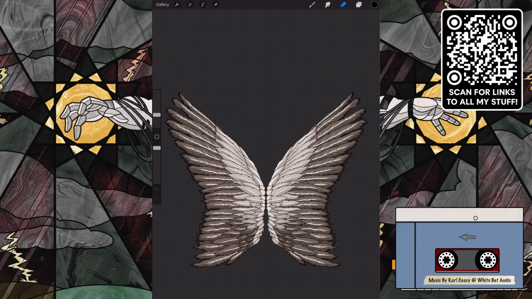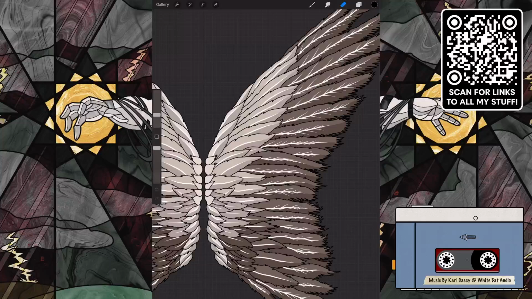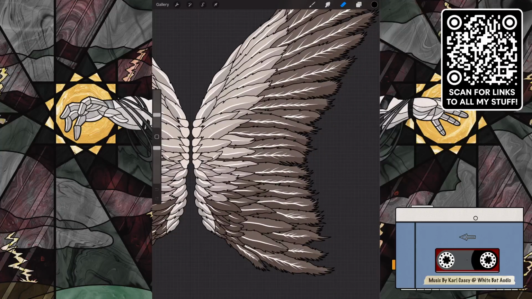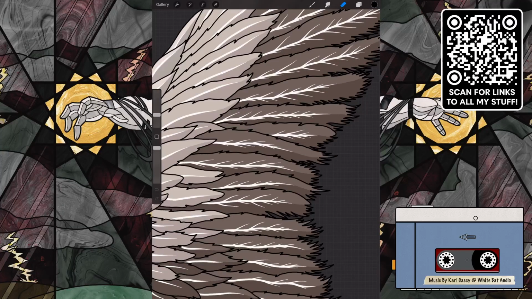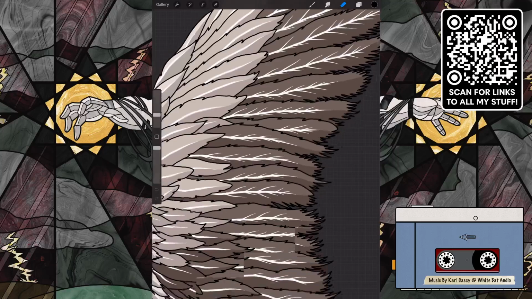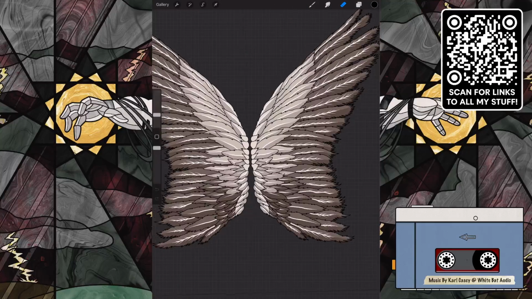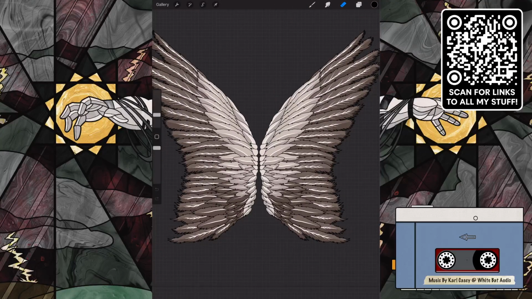So these wings are going to be behind the arm. But what I'm going to do is, if you see the veins or whatever these are called, I don't know the technical term for these things in the wings, these white shoots, I'm going to do one side red and one side blue, because the main agents in the book, one is called Red and one is called Blue. In fact, if you look at the book cover, there's a red bird and a blue bird on it. So the wings are going to be behind the arm, but I'm going to color those roots.